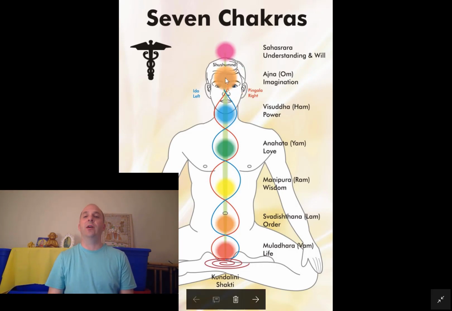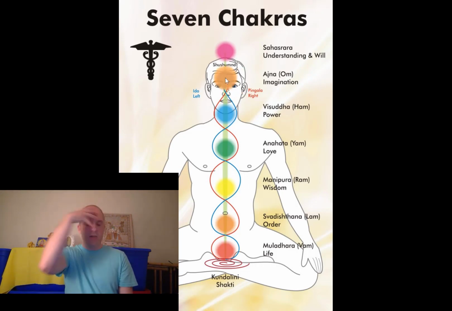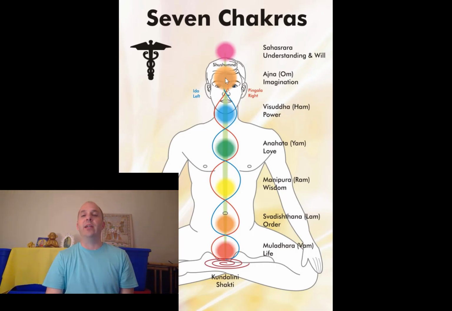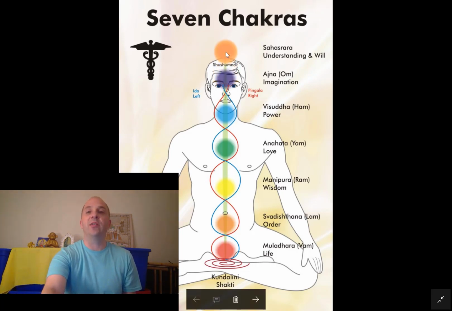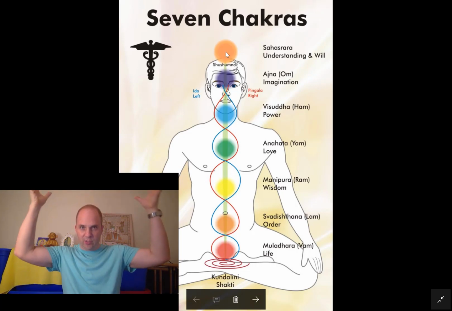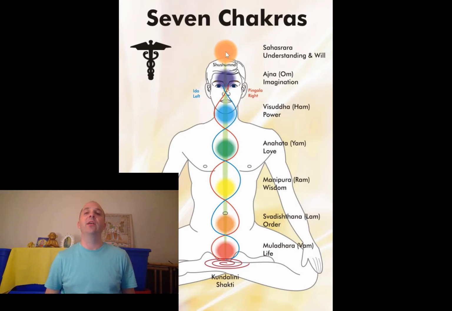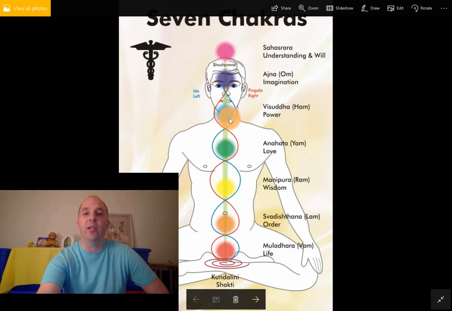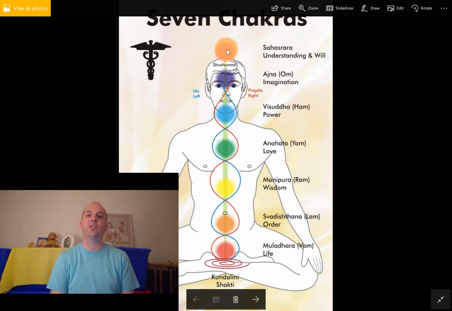And then we have our Agnya chakra, which is our third eye chakra, which is basically who we are, what we're trying to achieve in this world, and what it is that makes us us. And aligning with that, aligning with our purpose and who we are, and connecting. And then finally, there's the Sahasrara chakra, the crown chakra, which is the ultimate connection with the divine. The reason why I wanted to show this is because what we're really working with here in life is the 6 lower chakras, because the 7th chakra is considered the chakra of divine connection, whereas with astrology, we're looking at what's happening in the real world.